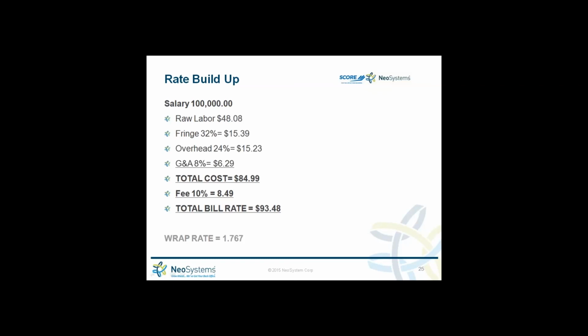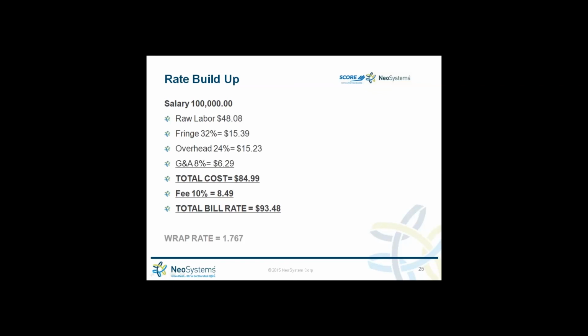So once you're able to figure out what your direct costs are, what your indirect costs are, once you're able to calculate a fringe rate, calculate an overhead rate and a G&A rate, and you know it's correct, then you're ready to actually price out a labor cost or price out services and ensure that, okay, if I'm pricing this out because my records are accurate, I know I'm going to make money off of this employee or this type of service, okay? So with the example that you see here is that a salaried employee of $100,000,